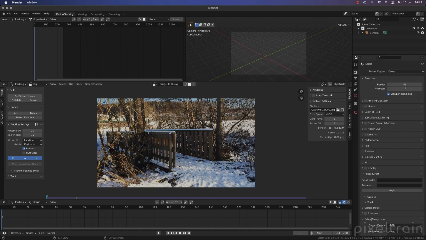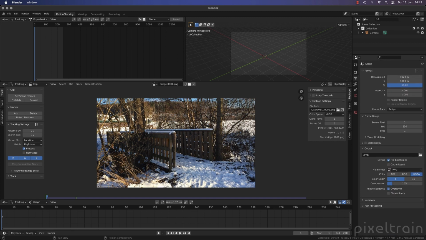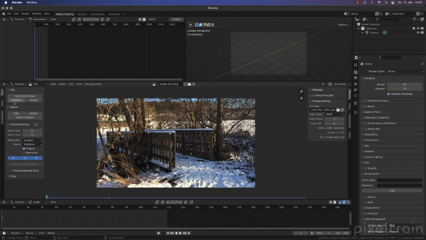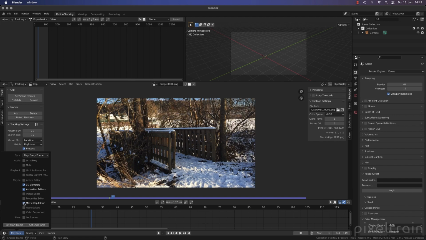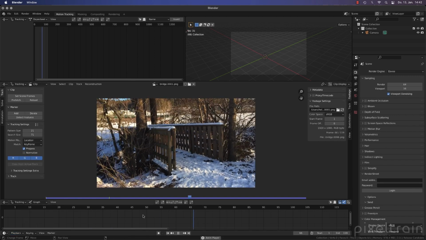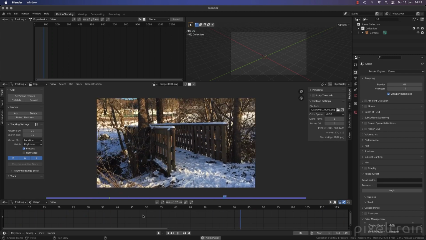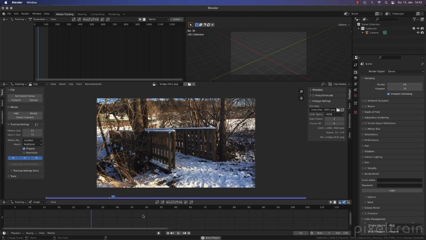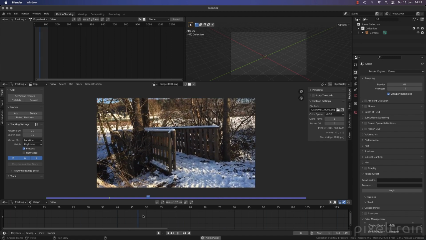Then we go into our color management, make our settings. This footage was made in 30 frames per second, so let's switch that on here. Let's set the scene frames, prefetch, and take a look into that footage now. I see that I have to activate here the playback for the timeline. Here we go. Now you see, I'm walking towards this bridge here, and you will see that the footage is a little bit shaky, but not too much.